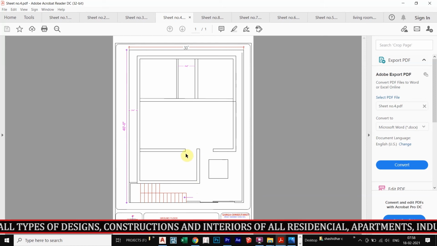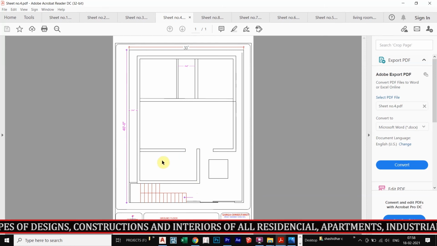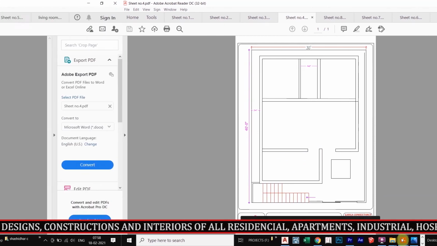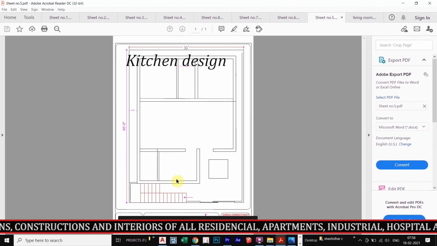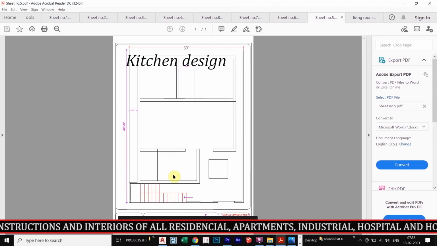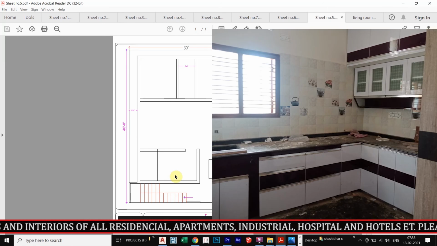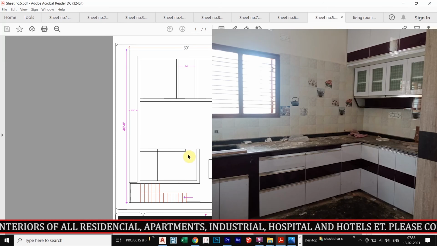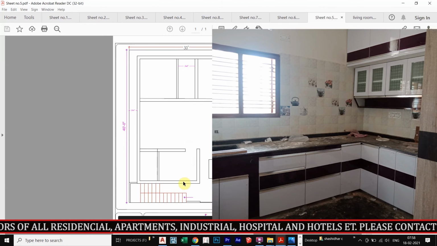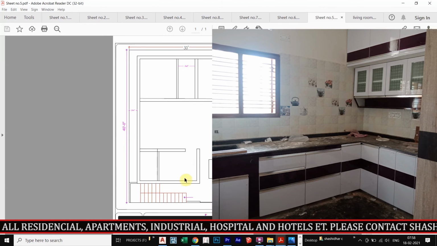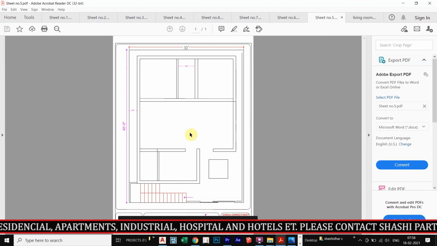Okay, now I'll show you how to design my basic requirements. Now you are looking at the kitchen. The kitchen is a very nice space. It is 8 feet by 10 feet that we've taken, and in this kitchen we can provide nice ventilation also. The next step, we have to choose.